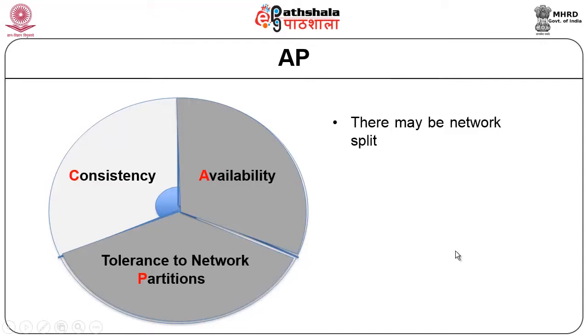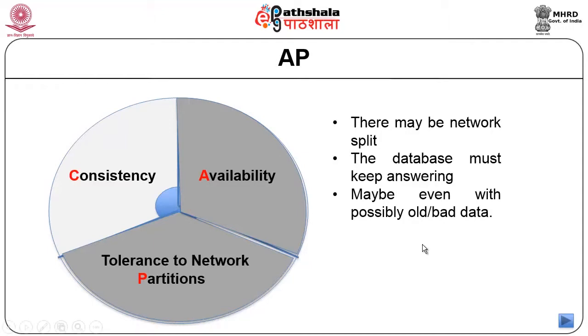So, these systems allow partitions, these systems allow failures, and they will be able to still deliver even if there are multiple failures. The databases will always keep answering. So, availability ensures that whenever a user queries, whatever errors or failures may have happened, the system will continue giving answers, but the data may not always be the correct data. Correct in the sense that the recent updates may not have been propagated yet by